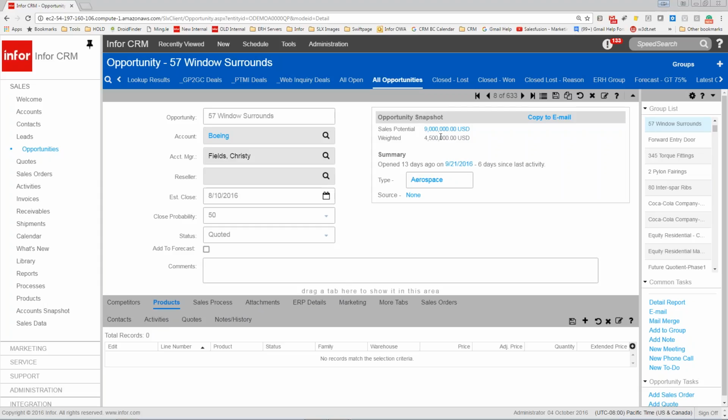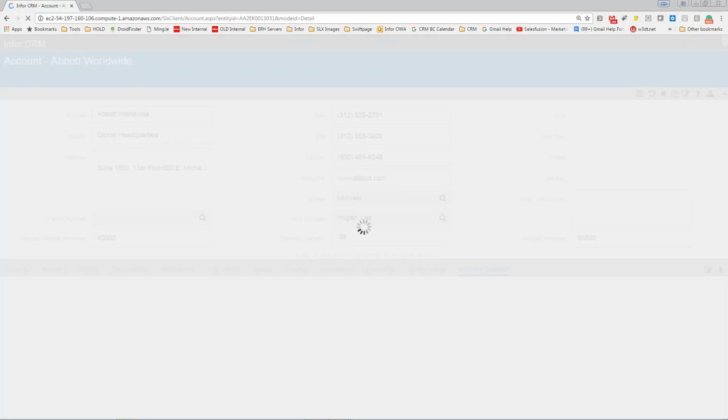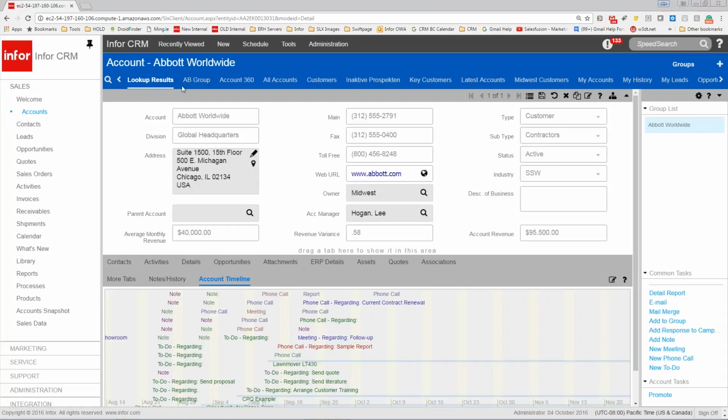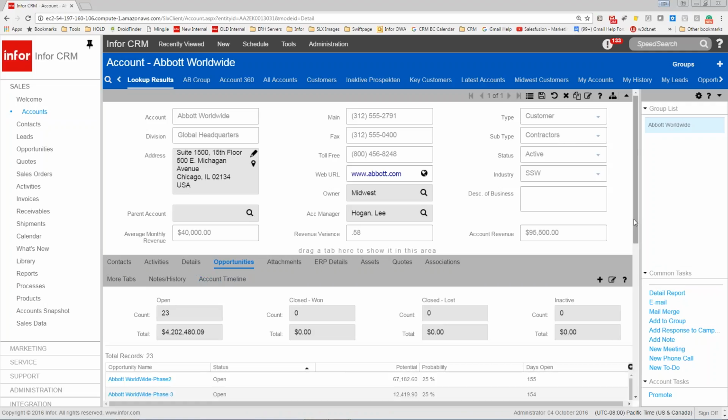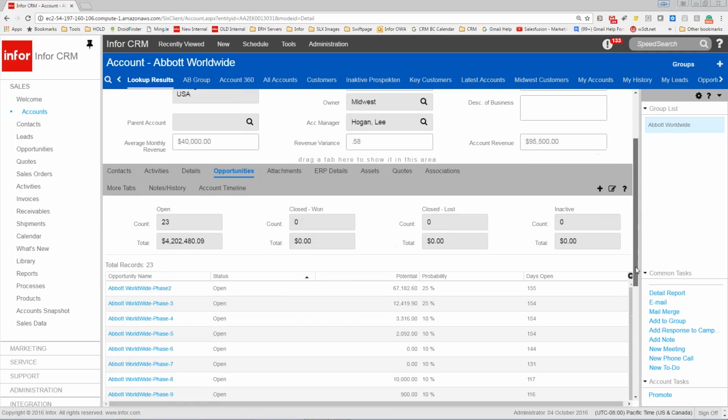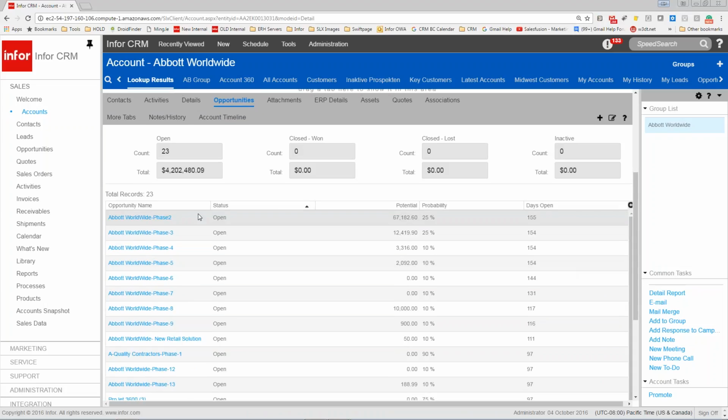But the detail here all comes from input from your sales guys, right? Or information coming out of your ERP, and that can be a whole number of set of information. If I needed to get back to a particular account, I could navigate back quickly and easily to go find a particular account that I was working on before. And if I wanted to see Abbott's opportunities, I could see all of their opportunities. I can see I have a little bit different information based on this stuff. And here's an open opportunity. If I drilled into this guy,